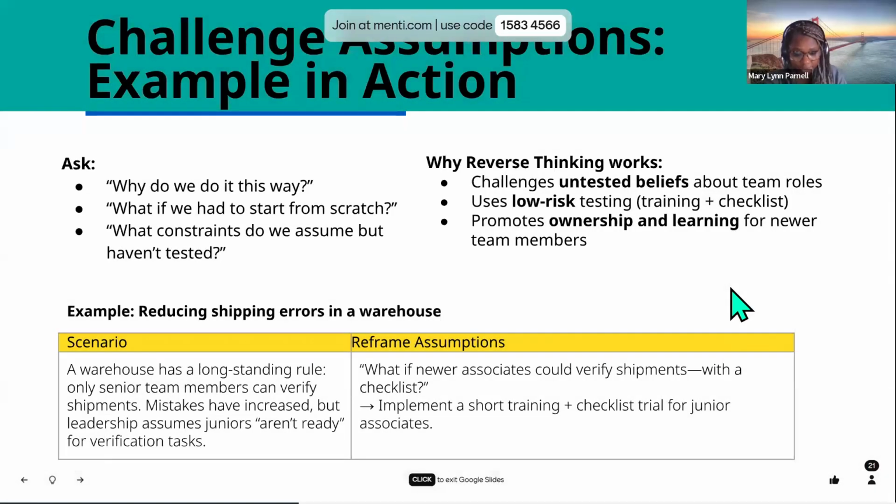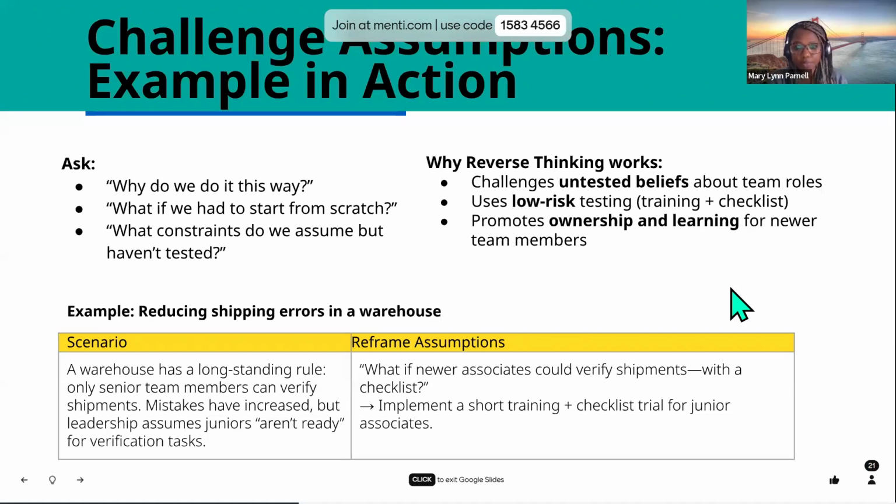So, some examples in action about challenging assumptions. For example, we have the questions to ask. Ask, why do we do it this way? What if we start from scratch? What constraints do we assume we haven't tested? So, if we're going to look at an example,